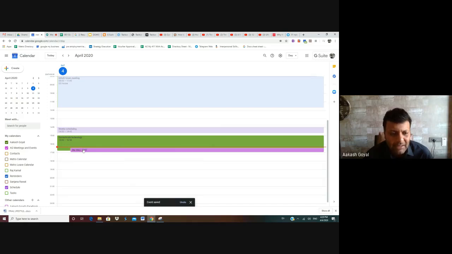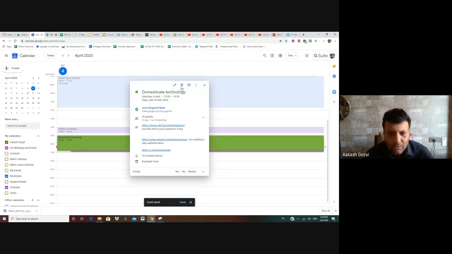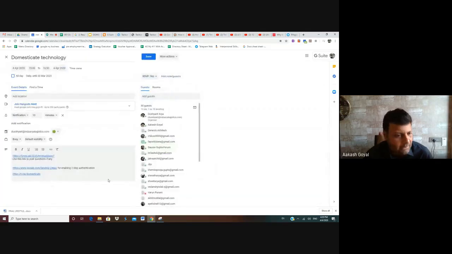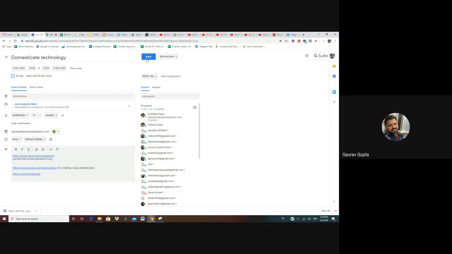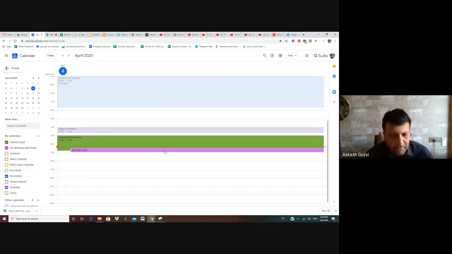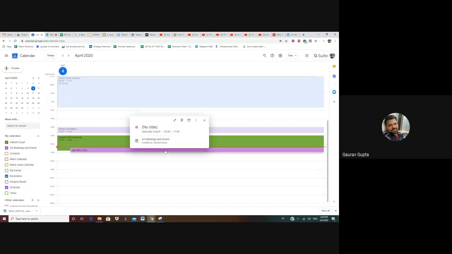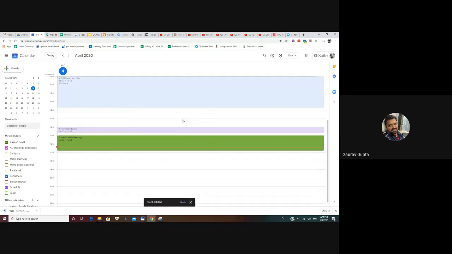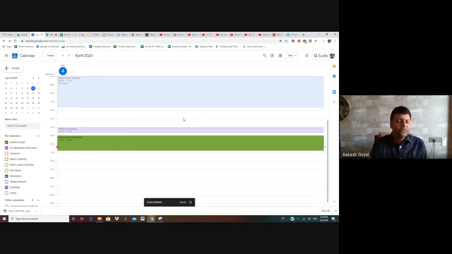So it won't show that you are busy here or not. Unless, for example, if you're checking only one calendar and you don't know that you have the same timings booked for some other thing also. But see, the idea of calendars is that they are to be used in context with where you are. Let's say if you are in office, what would you do?